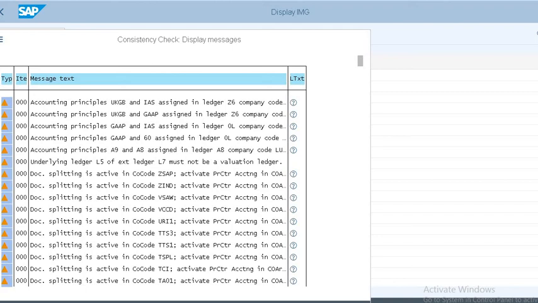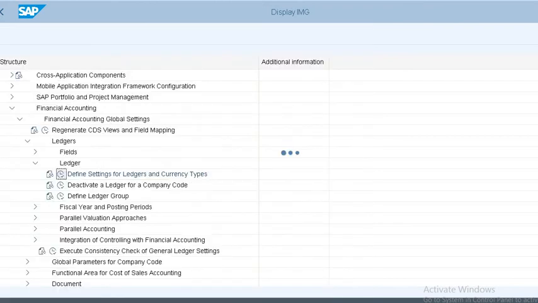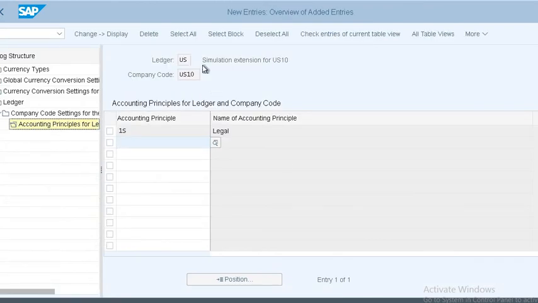Here we don't have errors, so whatever we did is correct. Okay, so it will store the changes in the transport request. Okay, now I have created the simulation ledger.